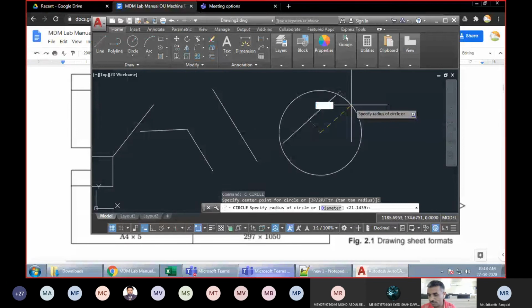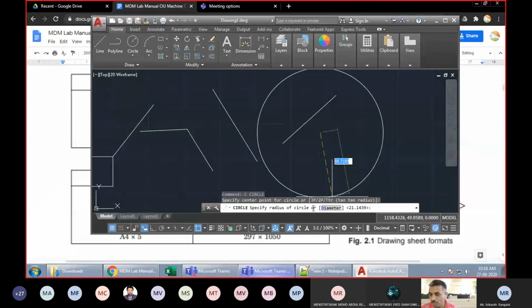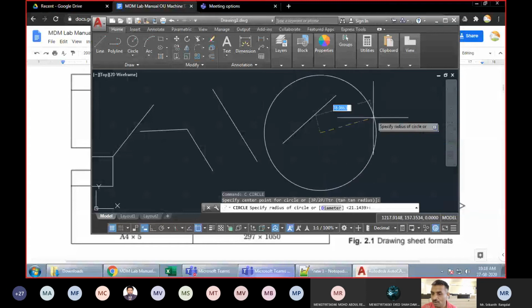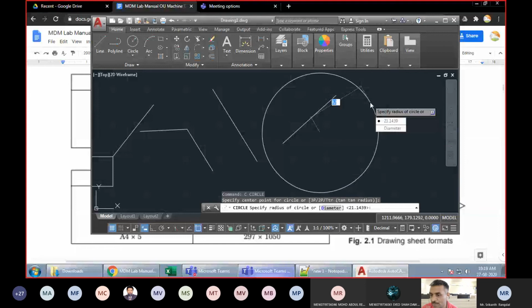If you want to use those options, you can use the command line. The options will be visible in the command line, or you can just press the down arrow and the same options will appear just below the cursor. This is again one of the short methods of avoiding wasting time in moving your cursor to particular points on the screen. You can just press the down arrow when this dynamic input option is on, and you will get all the options right here.